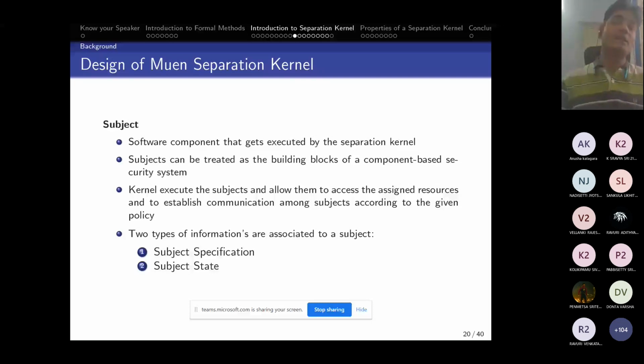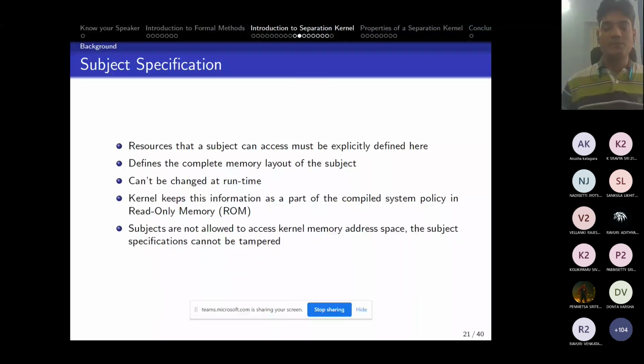But in separation kernel, if I have n number of applications, then I can decide which particular application can reside in which particular partition of the memory. And then I can also schedule our programs, like which program will be scheduled first and which will be scheduled next. So actually we can have control over our operating system or our microkernel. This is how it differentiates between monolithic and microkernel.